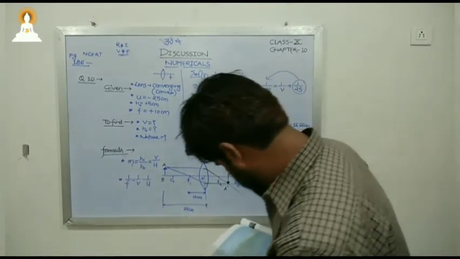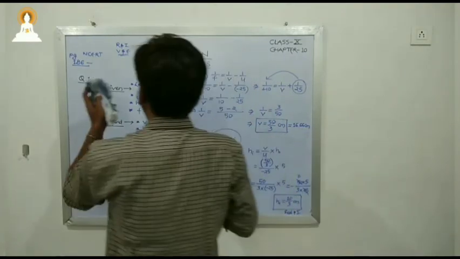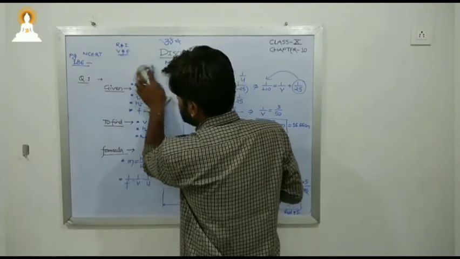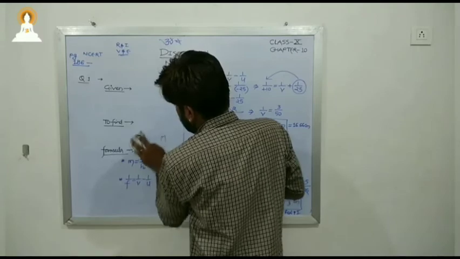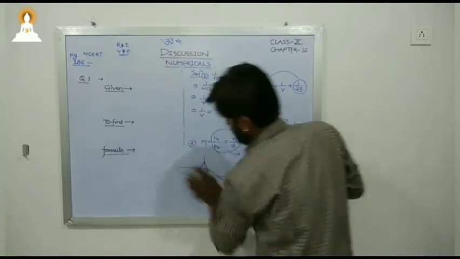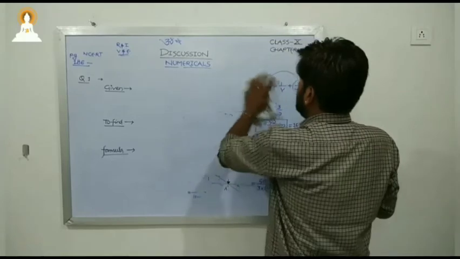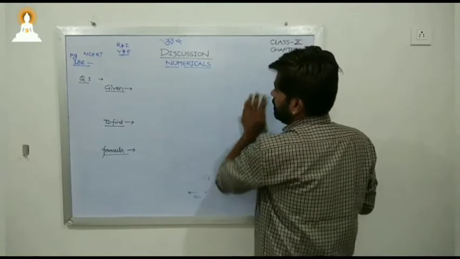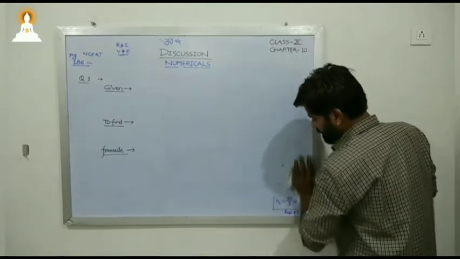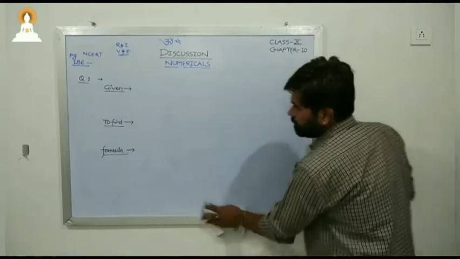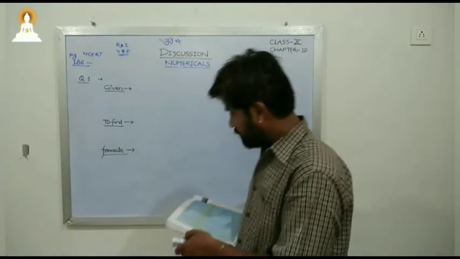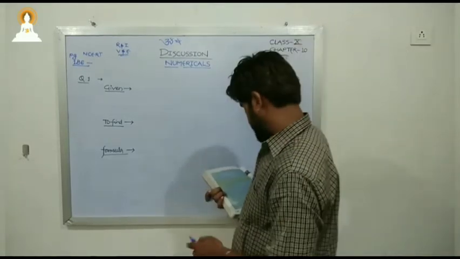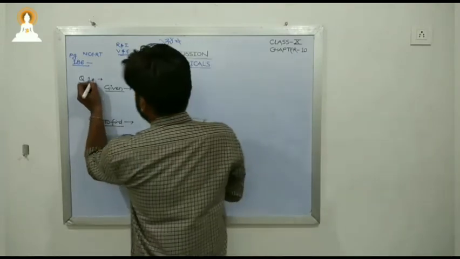In question number 11, a convex lens of focal length 15 cm forms an image. Okay, now given, here we will change rest of the thing. Okay, so this was quite simple. We have to simply find out what is given, what we have to find, and which formula we may use over this. Okay, very simple, very basic question. Okay, try to draw the diagram with a minimum time so that we may go through the question in a quite easy way. So now question number 11.